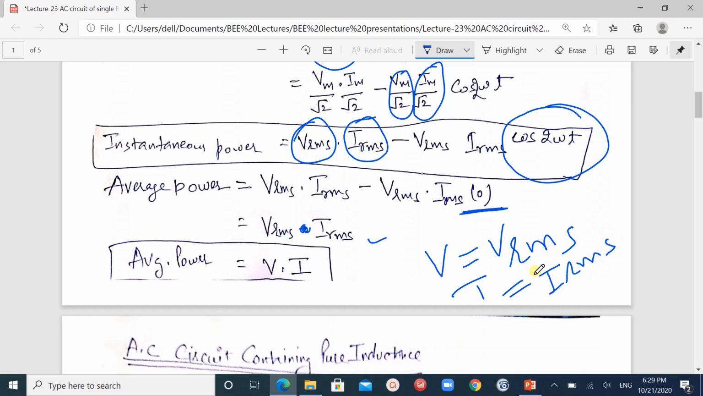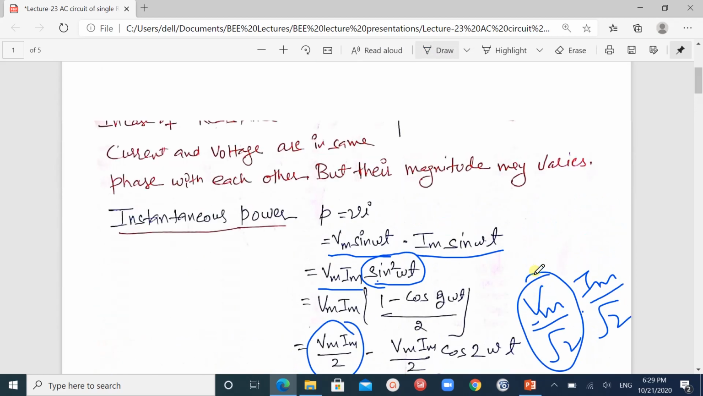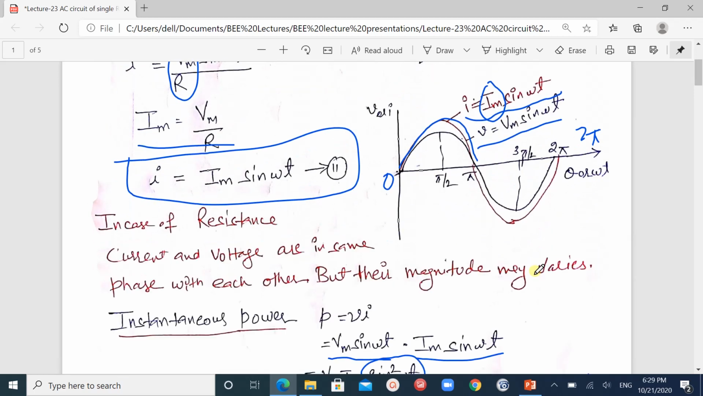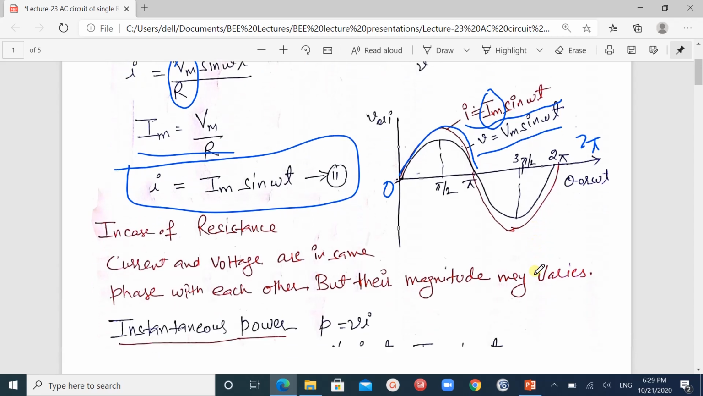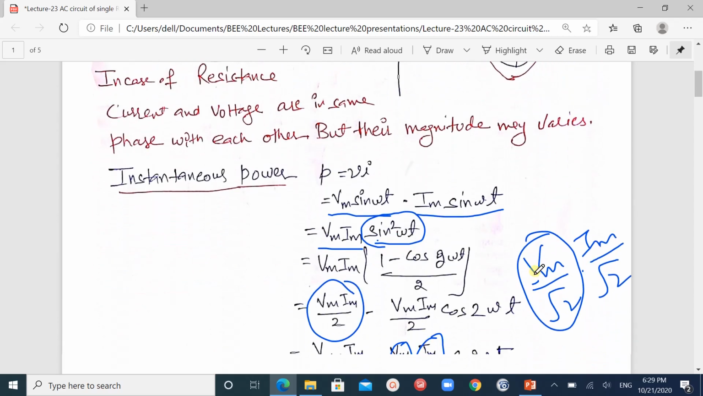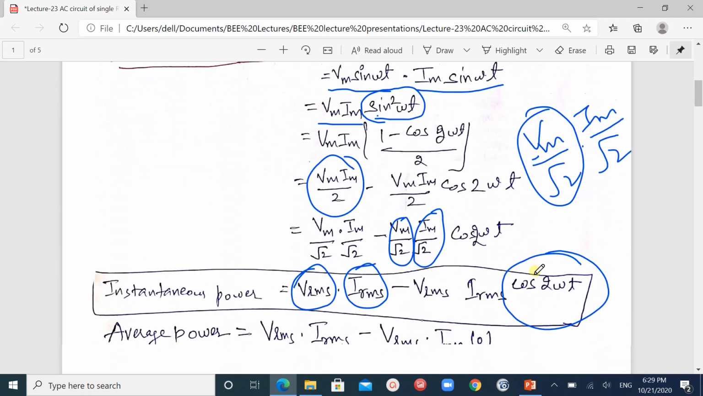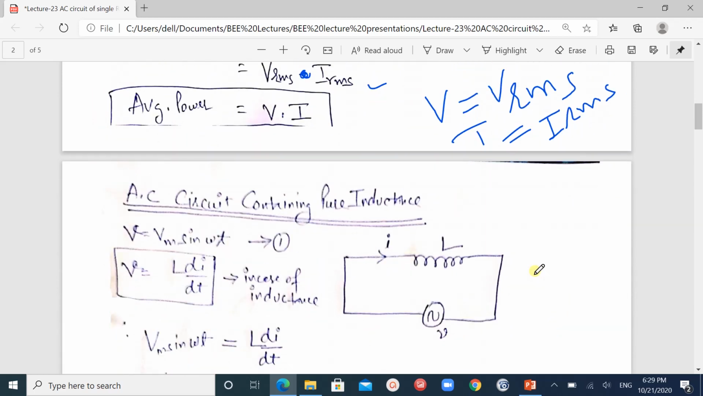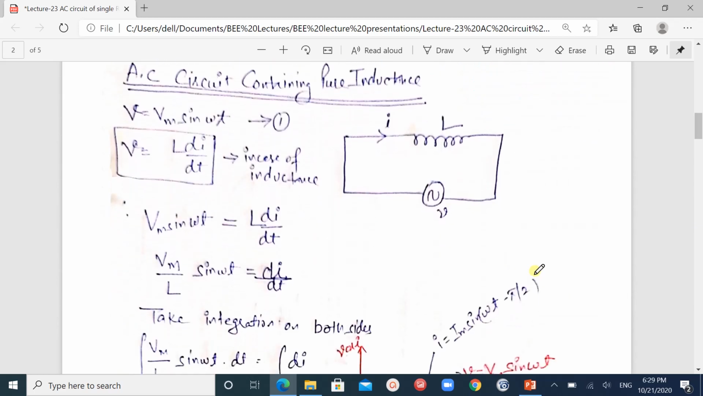So this is the case of resistance in which we find the voltage value, and then from this we find out the current value, and we compare the two equations and we find that current and voltage are in phase with each other in the case of resistance. Then we find out the instantaneous power, and then we find out the average power. Then the next case is the AC circuit containing pure inductance, when we have the inductance connected